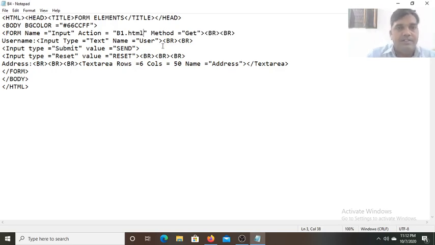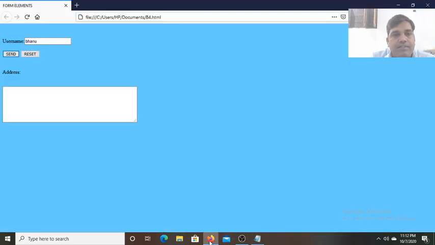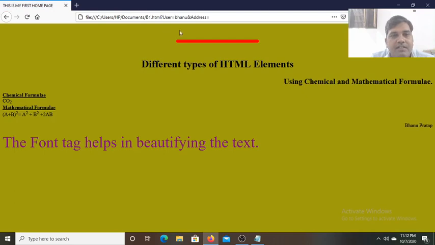Okay, save it. Now let me refresh the web page this time. Okay. Now at this time when I will see, you can see here that on the screen b1.html page is open. On that page, in the address bar, you can see that user equals Bhanu and address something. So in that address, no value I have typed, so I cannot see here.